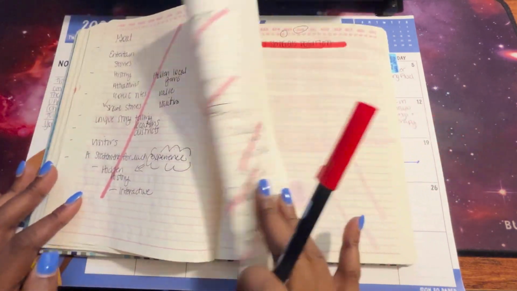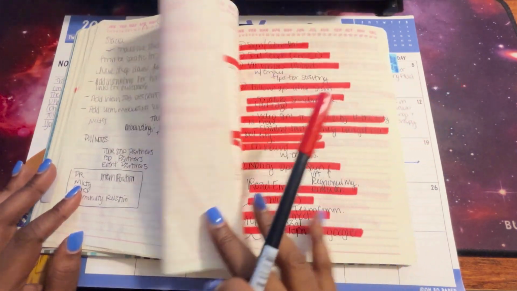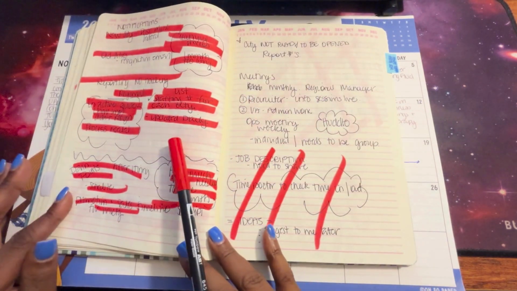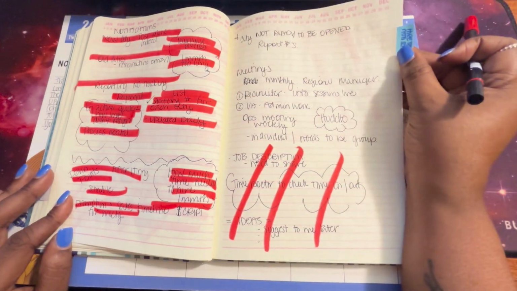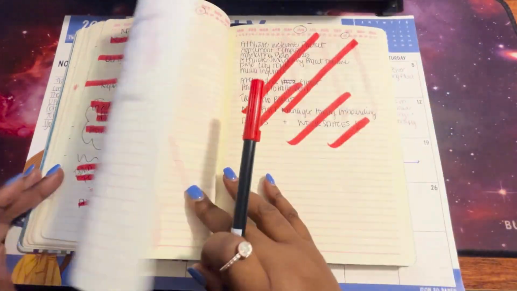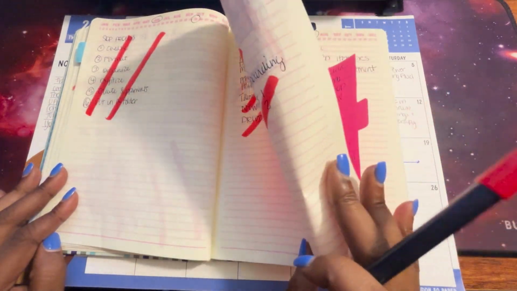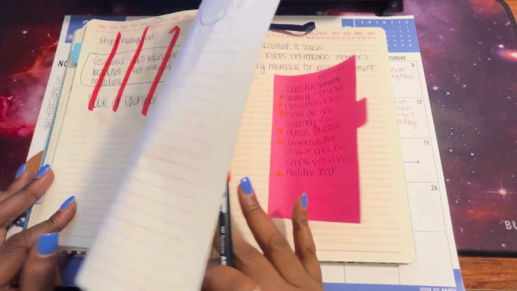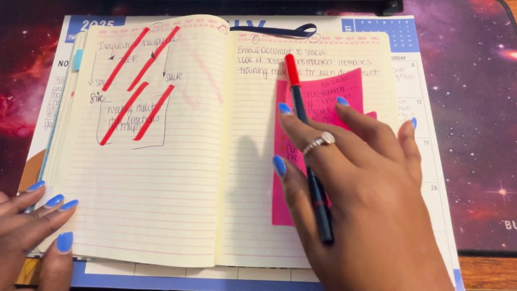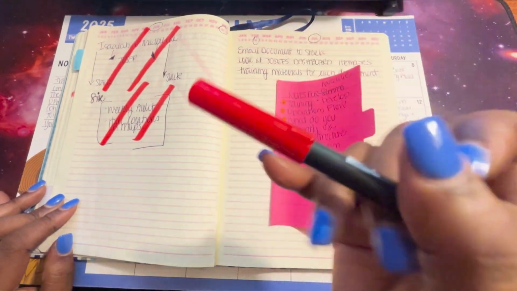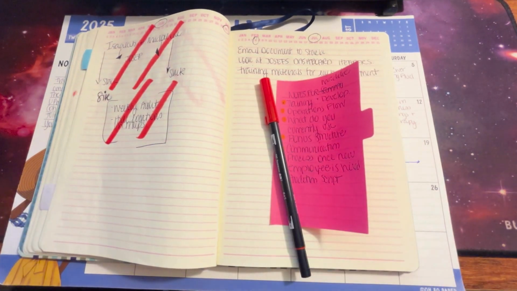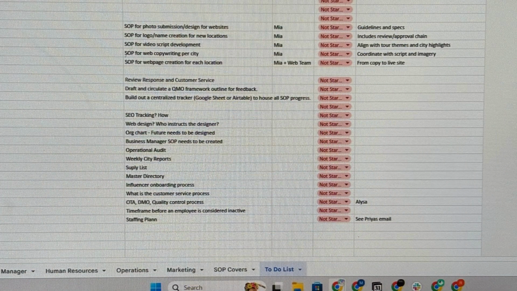So here I am just making sure, because sometimes there'll be little gaps of information in there that I need to make sure that I need to follow up on, and I'll put that tab there just to make sure that I come back to it. And I've reviewed everything, and generally when I get to the end, I'll have a little to-do list, which I then transfer over to the to-do list for the client, which is right here. So these are all of the elements that I went through my book for, and I